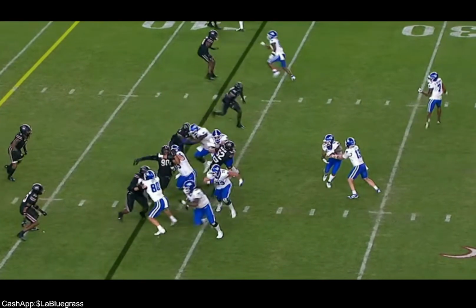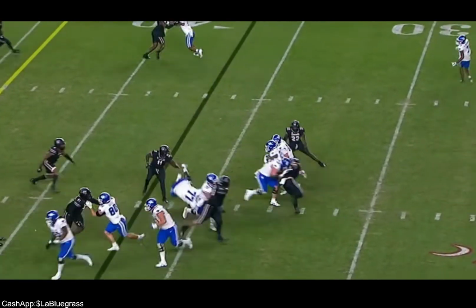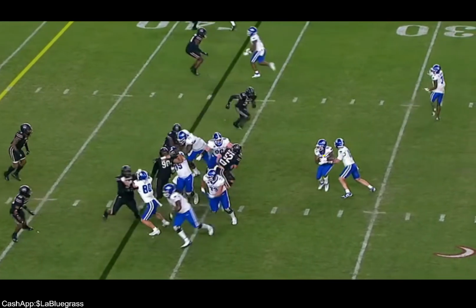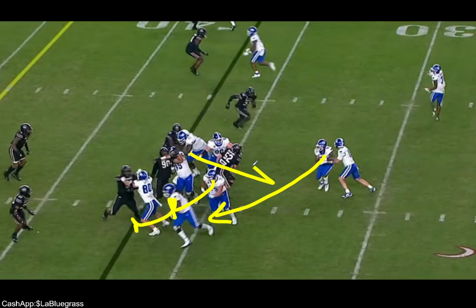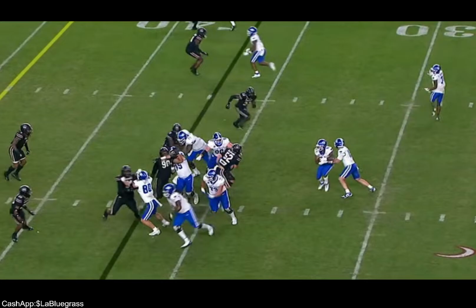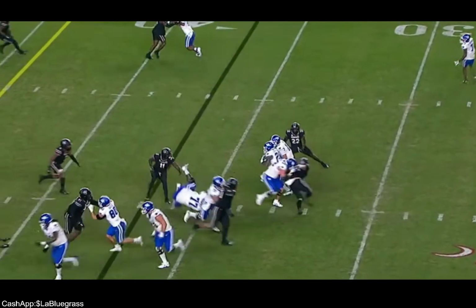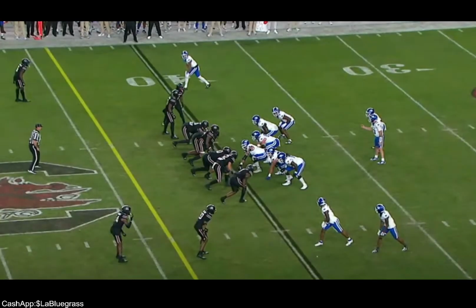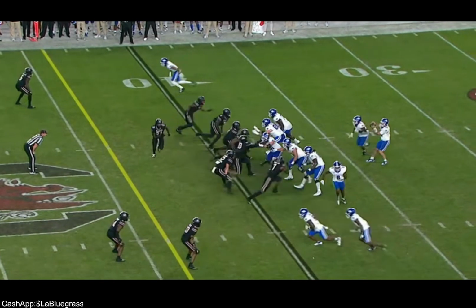South Carolina blitzed themselves out of this. That's a great read by Ramon, because this is supposed to go here. You got two pullers out in front. It's supposed to go here, but this guy blitzed and he cuts right there. That's a great run. That's really what a quarterback would cut if he doesn't take it. I mean, if he doesn't give it off to the running back. That's a great read by Ramon. That's a great cut, man. You get us positive yards. That's huge.